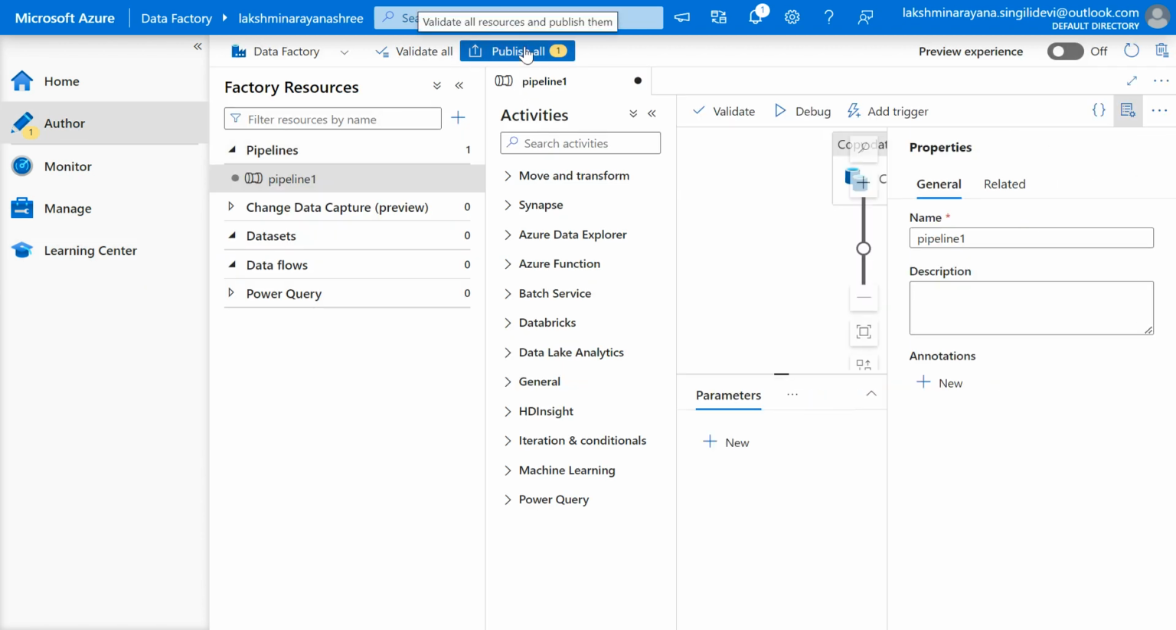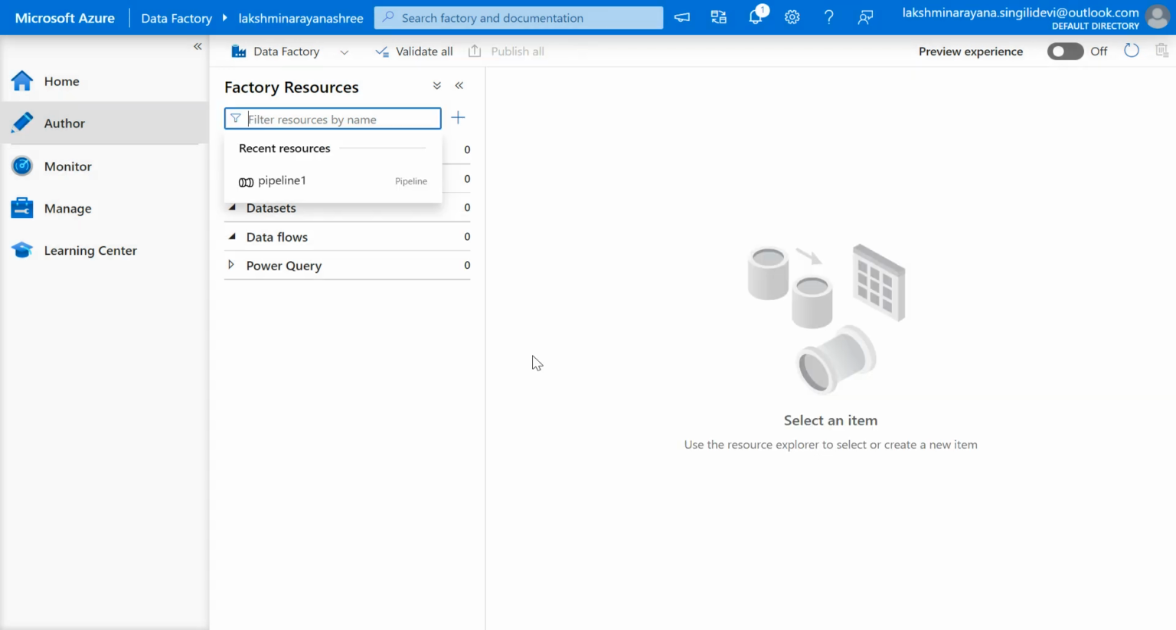I want to delete this pipeline, just discard the pipeline that I created. Okay, now all the pipelines are zero, data sets will be zero, flows will be zero, queries will be zero. Okay, in the next video I will show you a copy data tool and how to delete data and some conditions like